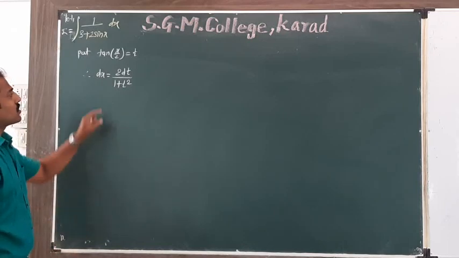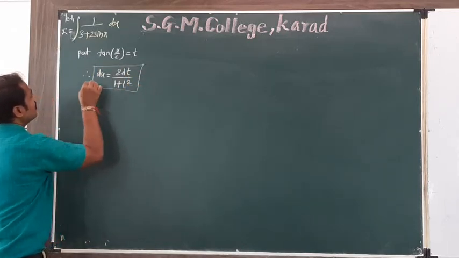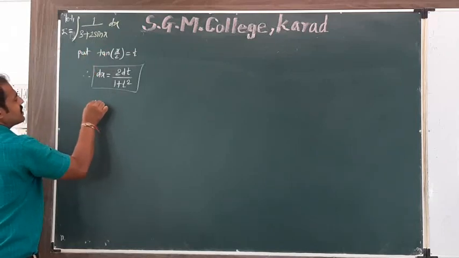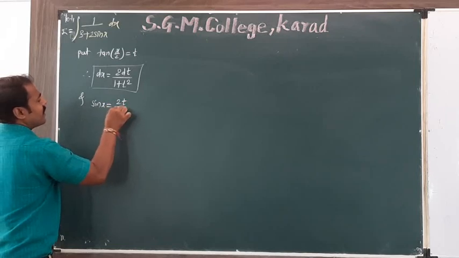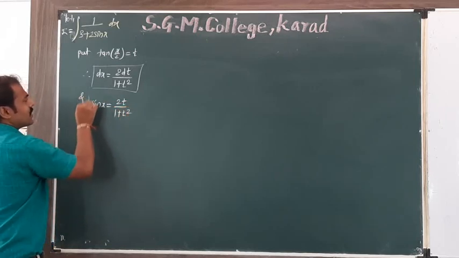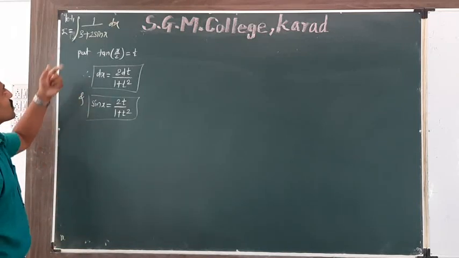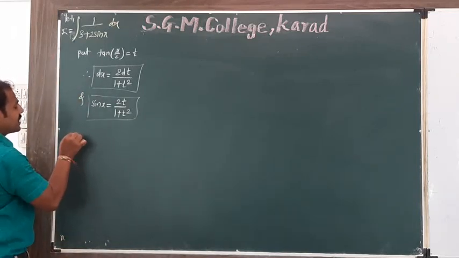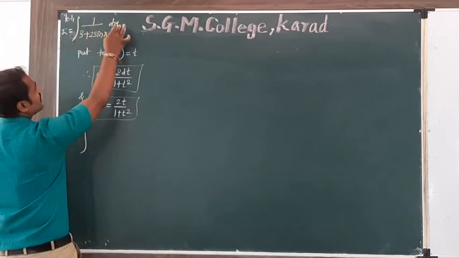dx is equal to 2 dt divided by 1 plus t square. Okay, or you remember it. And the value of sin x is 2t divided by 1 plus t square. In the denominator there is a common 1 plus t square. Okay, so the above substitution reduces the given integral as I is equal to the integration of 1 into dx